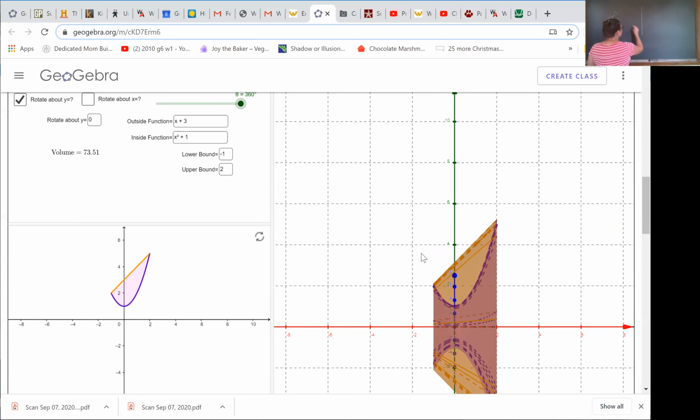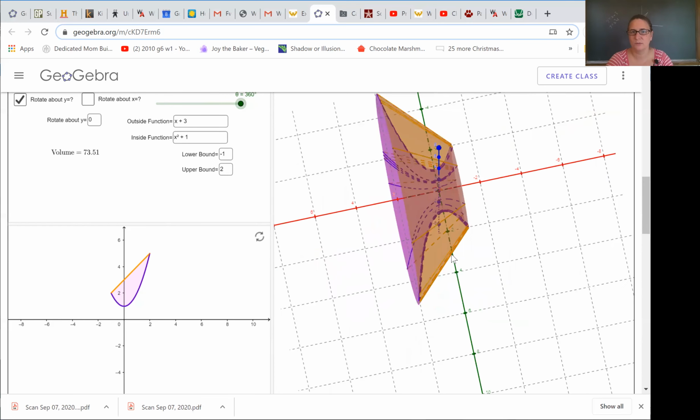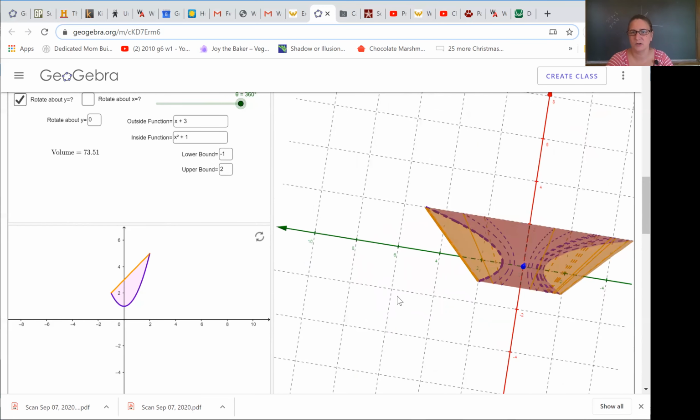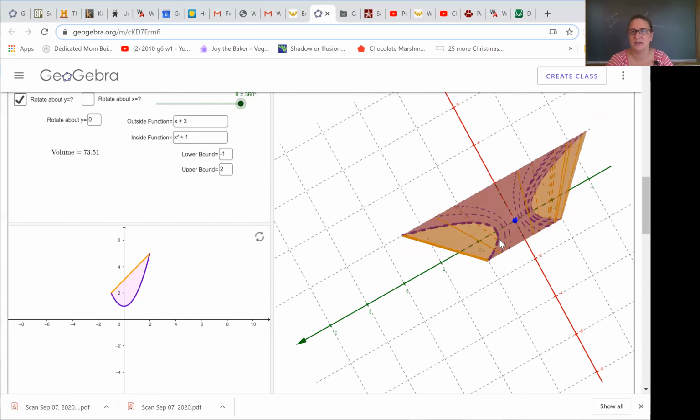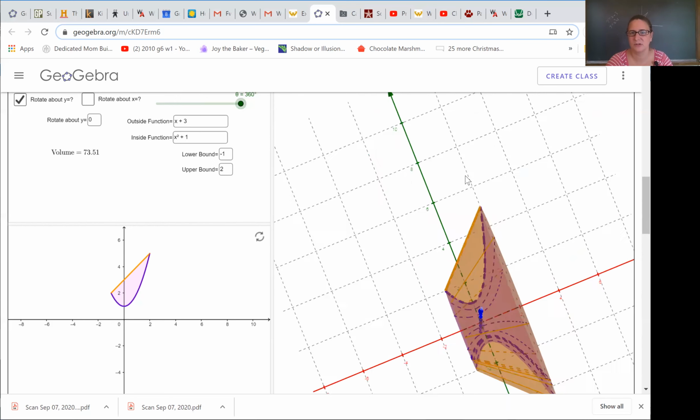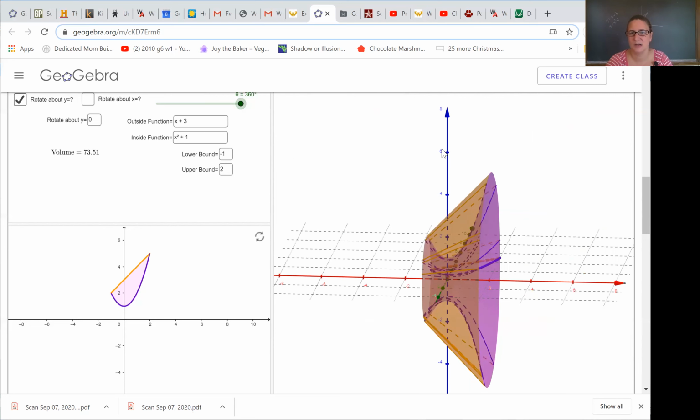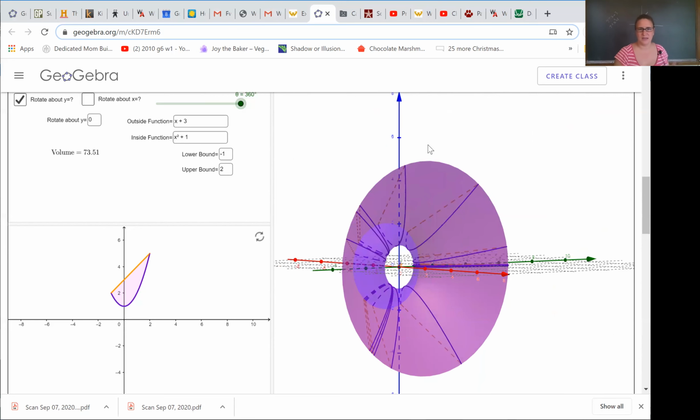In order to figure this out, the easiest thing to do is you're going to do the same thing, right? But really, you're going to take the volume of the outside thing, and we're going to subtract the volume of the inside thing. This is really hard to move it around. I'm trying to get back the original orientation, but it's not working. I've turned it around too many times. Anyway, so you can think of it that volume of the outside minus the volume of the inside,